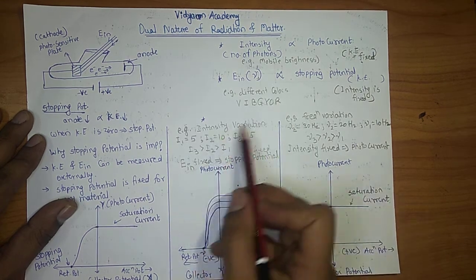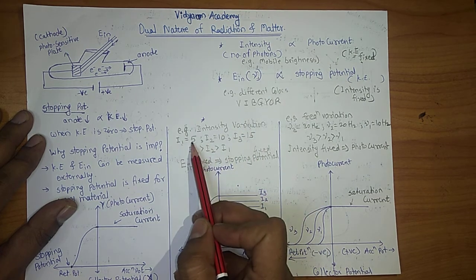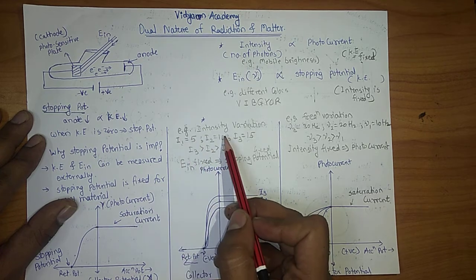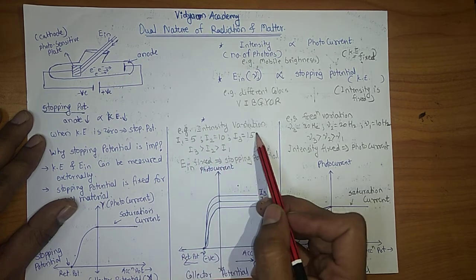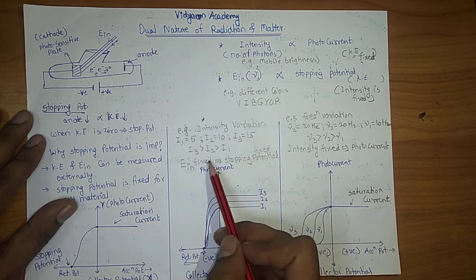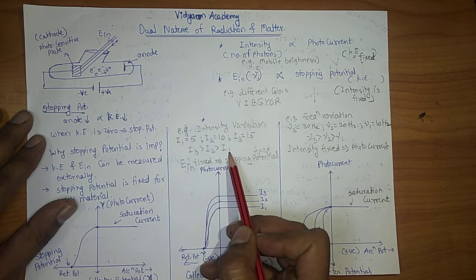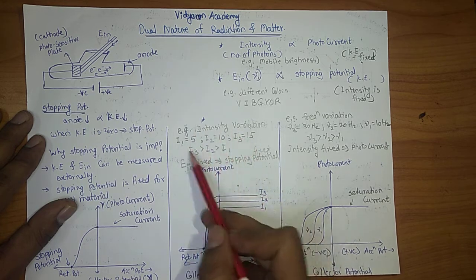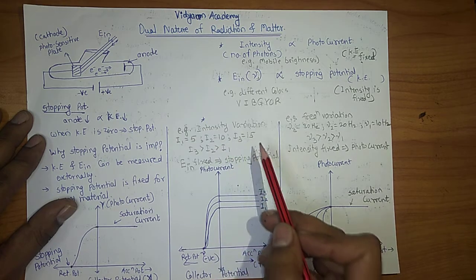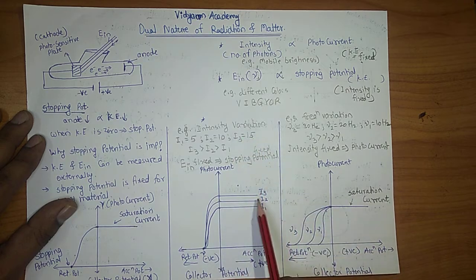Agreed? For example, for source 1, let's consider you are going to incident 5 photons. For the second case, you are going to incident 10 photons, and for the third case, you are going to incident 15 photons. Then what is the relation between the intensities? I3 is greater than I2, which is greater than I1. So for which case will you get more photocurrent? Correct. Where you have used more number of photons. So for the case of I3, you are going to get more photocurrent.